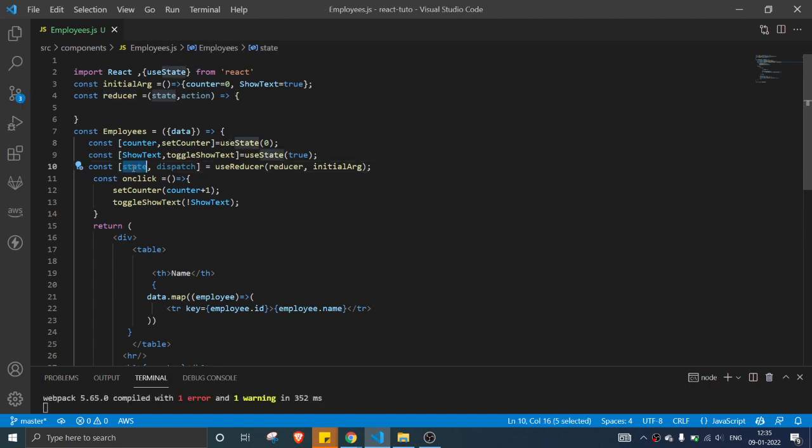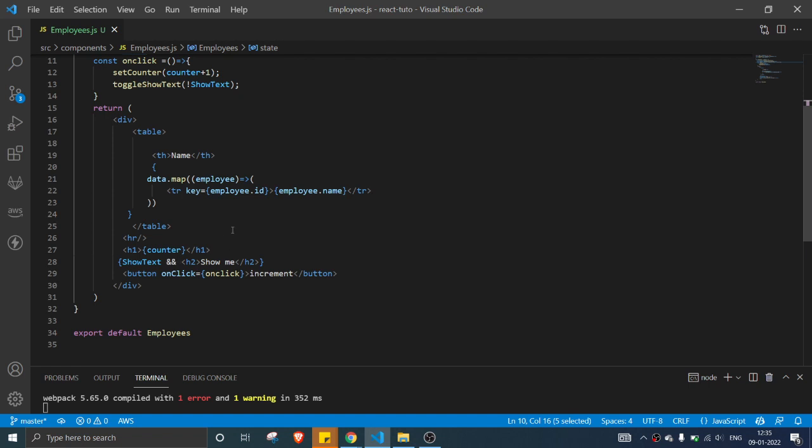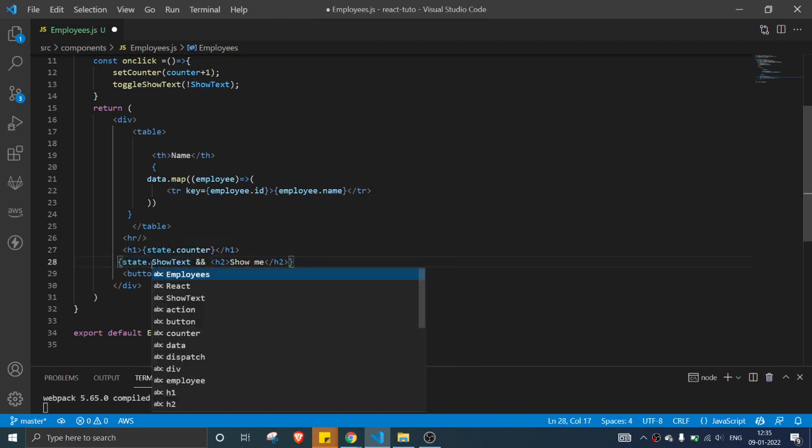Okay, cool. So now instead of using something like that, we are going to remove this. Before removing, let's change the parameter for how we are displaying. Instead of counter, we are calling state dot show text state.